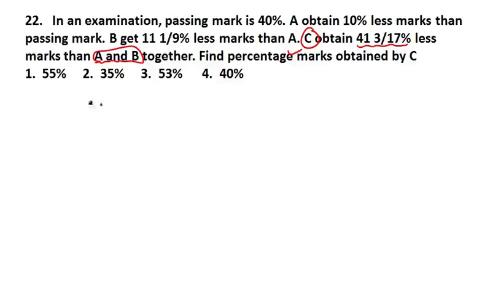Okay, now the answer is in percentage form. Okay, remember it. Now read the question again. It is very important to read the question carefully. Okay, in the exam try to read the question carefully, then see the options, then start solving. Fine. Here it is saying in an examination passing mark is 40%. So this is passing mark and passing mark is given as 40%. Okay. A obtained 10% less. Now this is A and this A obtained 10% less.